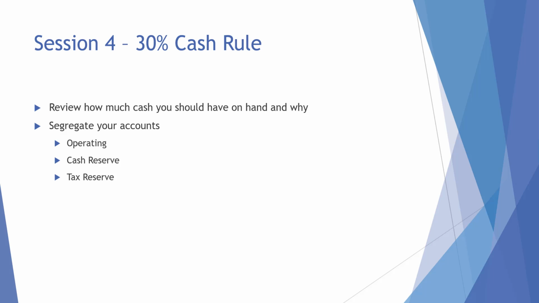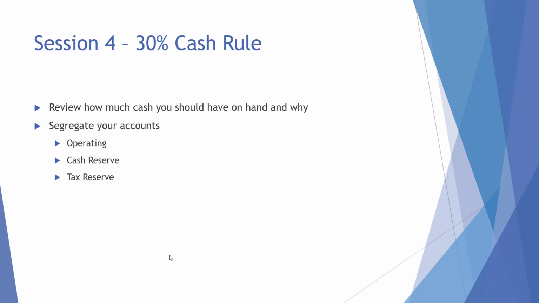As you recall, your operating account is going to be the cash account that you use for your operations, just like the name says. The cash reserve account will be the cash that is in excess of what you need for operations that you want to earn some interest on. You just don't want to have it sitting there idling by, but you still need to have access to liquid funds. And then, of course, the tax reserve account is going to be the account that you set aside to make sure you pay Uncle Sam at the end of the year and you're not scrambling to make the payments